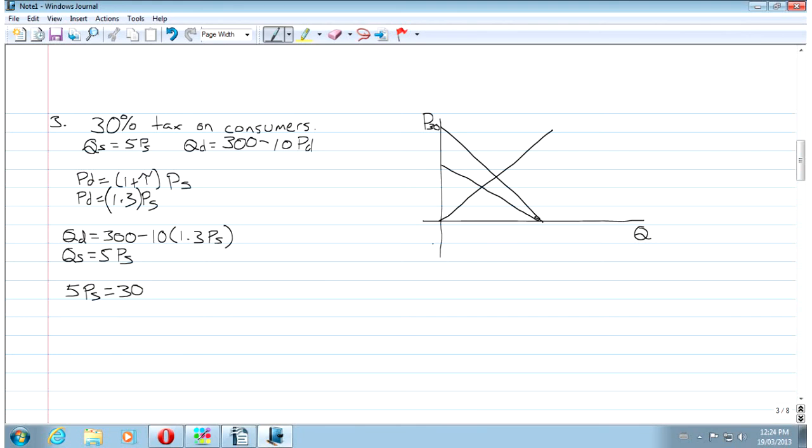So 300 minus 13 PS equals 5 PS, then 18 PS equals 300. Okay, so then 300 divided by 18, PS is